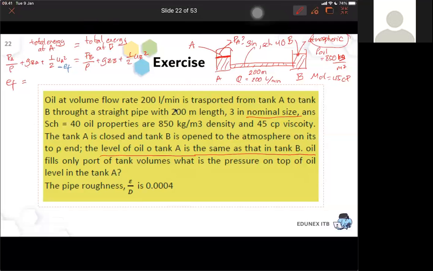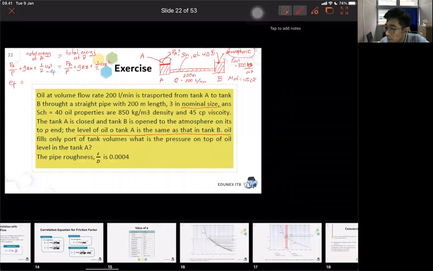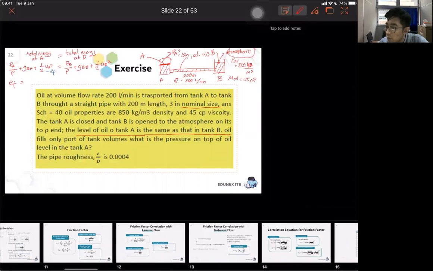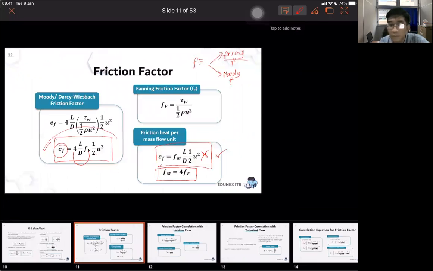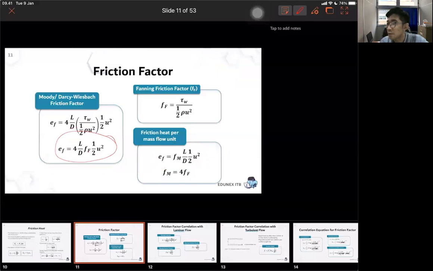Sir, yes. Okay. Is it from when you transport the oil? Yeah. So the friction comes from transporting the oil in the pipeline, right? The 200 meter pipeline. So how to calculate EF? You can use this equation to calculate EF. Yeah, you can use this equation. So EF will be,